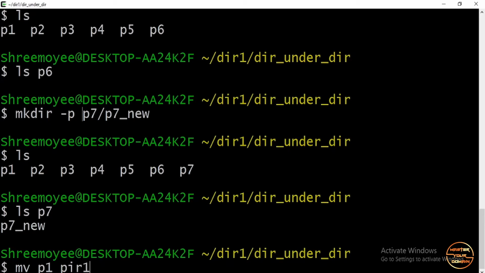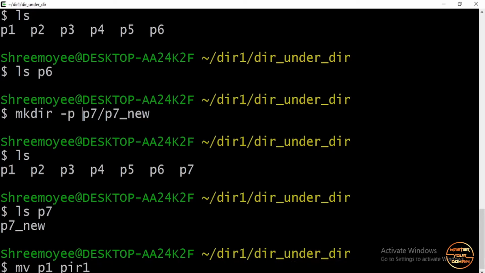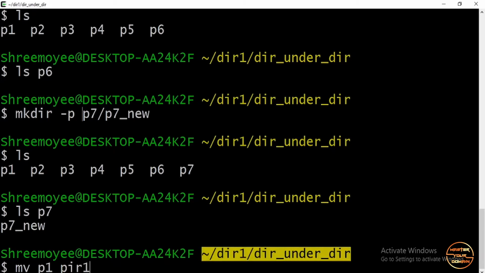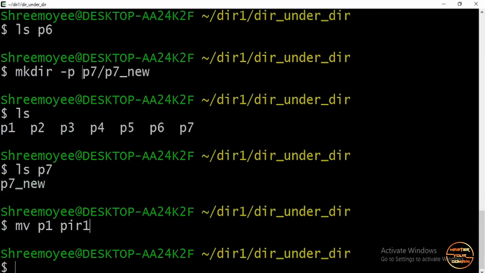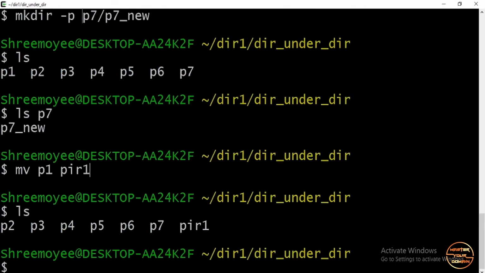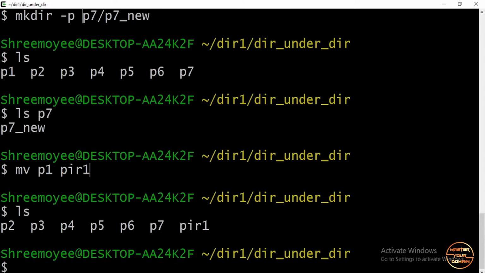Now what is gonna happen here is that mv command is going to change the name of p1 to pir1 because there is no such directory with name pir1 under this current directory. That's why the name of p1 is gonna change to pir1. Check it. So it just renamed p1 with pir1.